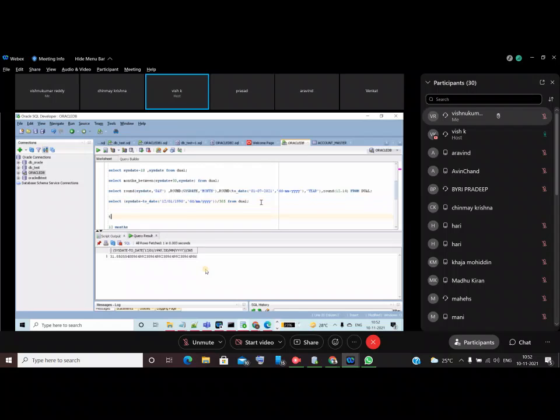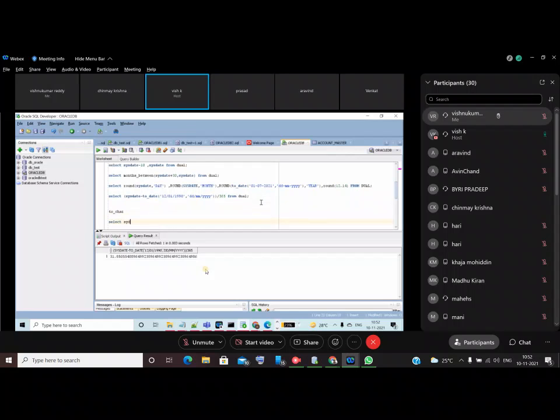Next you have the to_char function. This is also very important. Suppose I have a date, select sysdate. I want to display only the year, or only the month or date. In that case, you can use to_char of sysdate, comma, and what you want from this date, let's say year. It will display 2021, guys.